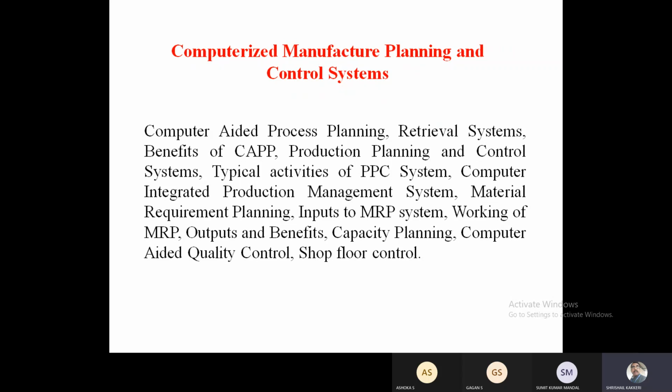They are going to schedule 3M: man, material, and method of using the machines. So how many people are required for this particular process? Who is expert in this? This deals with the manpower. And the material is the availability of raw material. And the method of manufacturing: which machine has to be used for this particular job, and what additional work we have to do on the material before we send it to the machines. All these will be planned properly.